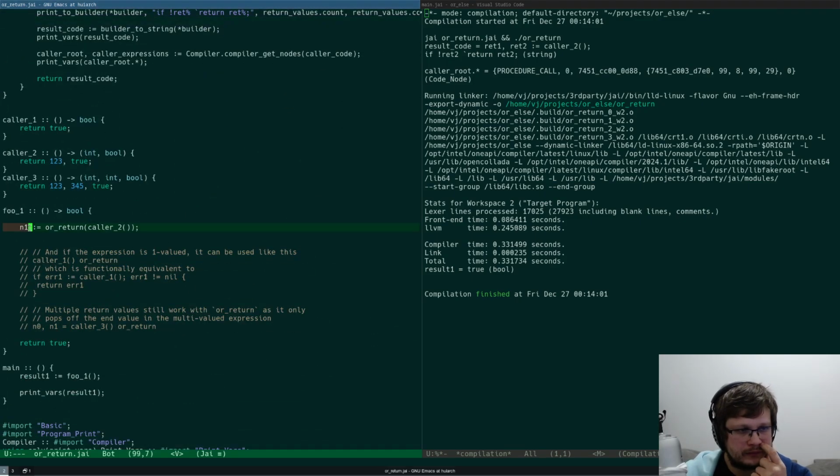This should get the return of the color 2. So n1 should get this integer if this succeeds, which means that macro should return something.